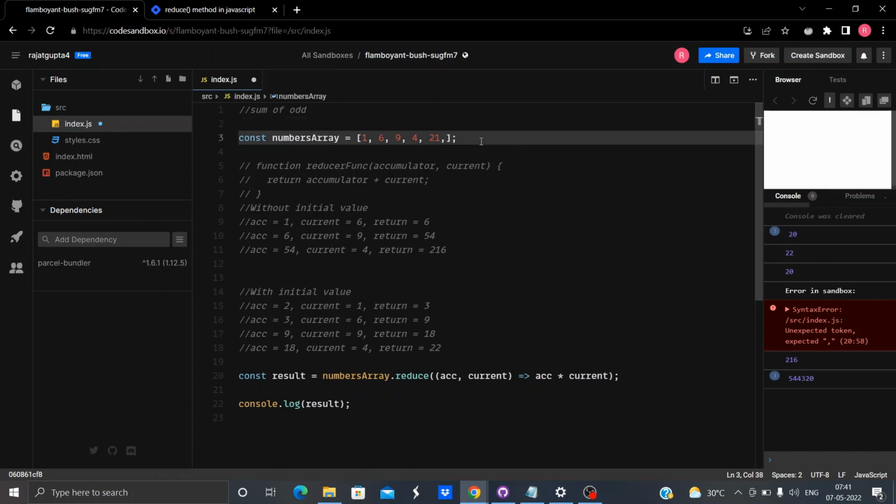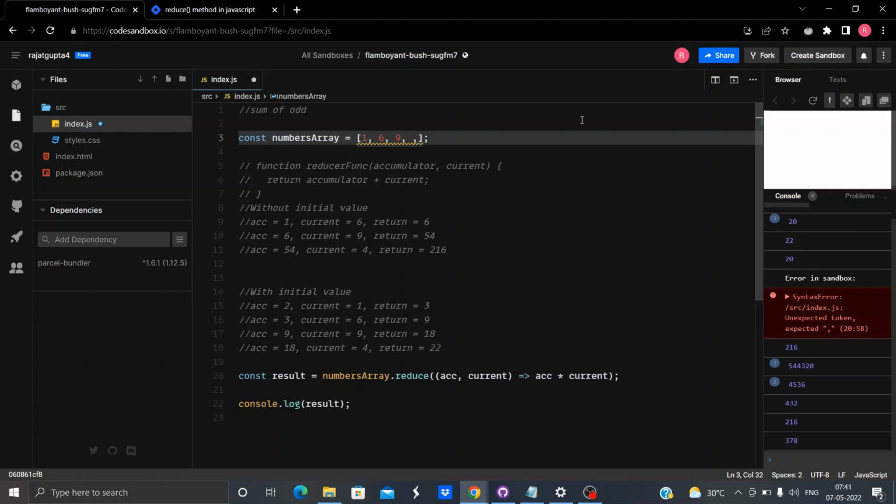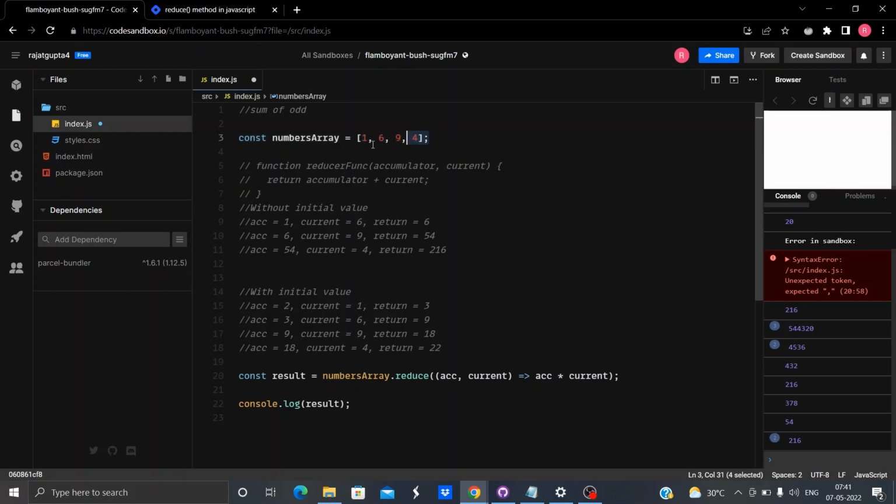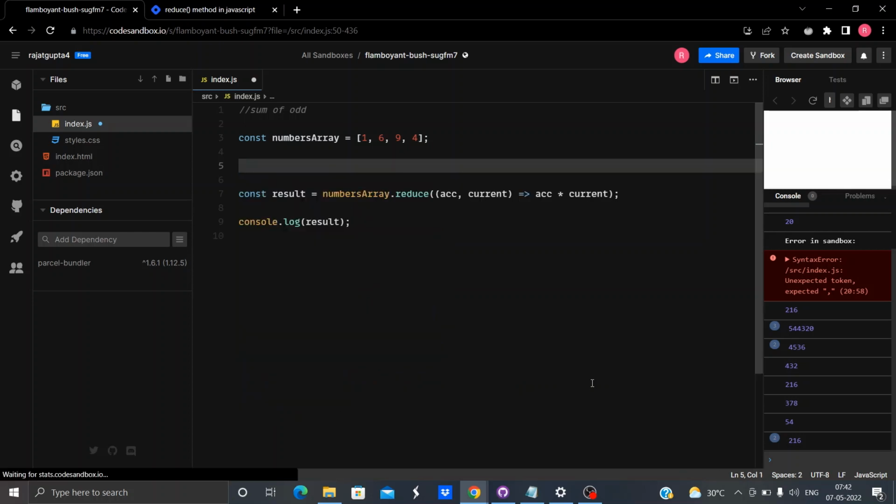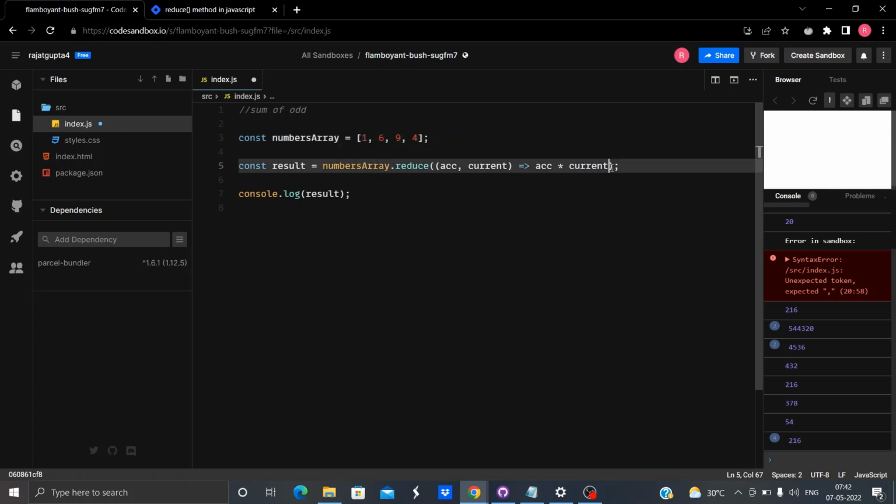I reduced the length of my array so that our question will be shorter and you can get the concept. Otherwise this video will be very long and I don't want that to happen. So we want the sum of odd numbers. Let me remove all this. We'll be using an arrow function here.